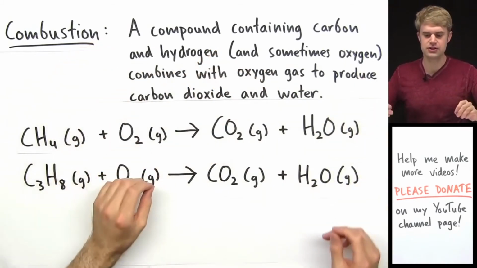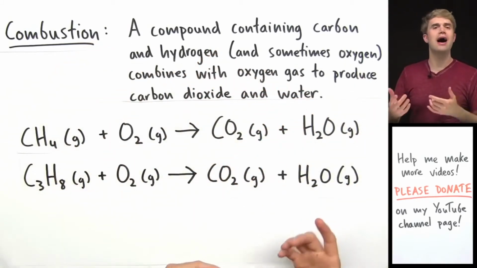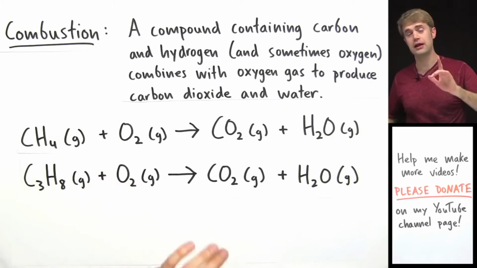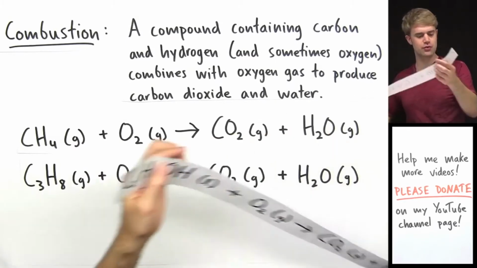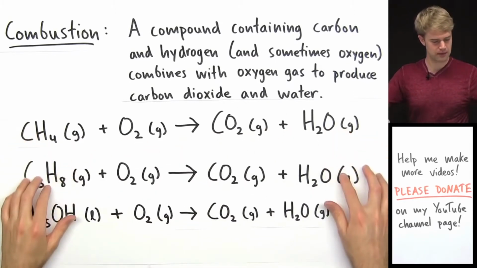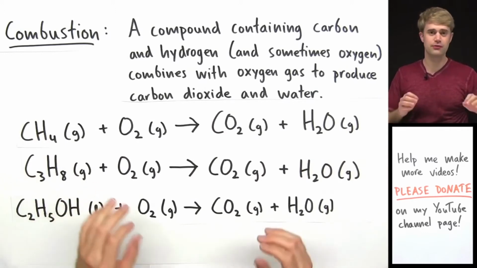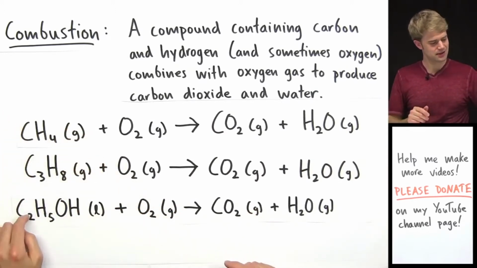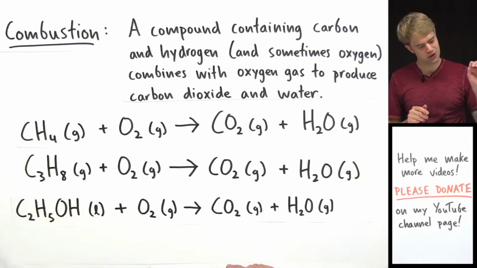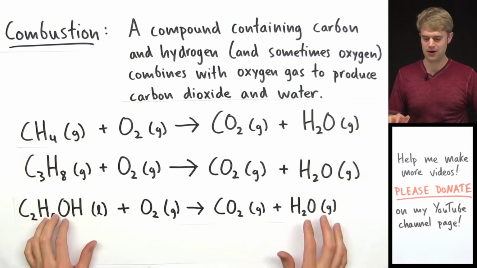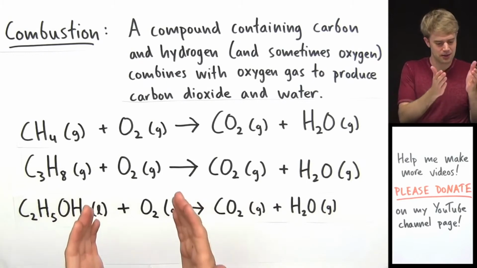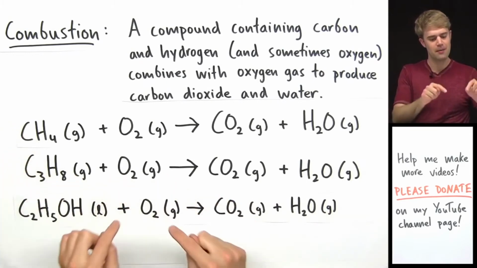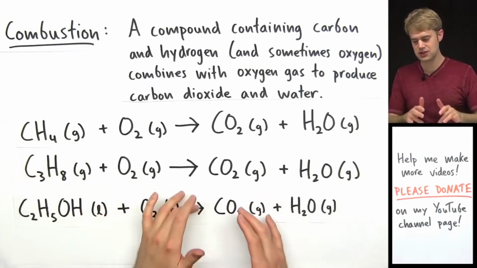Now, as this definition says, sometimes we have oxygen in the compound that we're burning. Here is one example of a combustion reaction that has oxygen in it. This is the chemical formula for ethanol or ethyl alcohol, and you can see that just like these, it has lots of carbons and hydrogens, except it also has oxygen as well. But that's no big deal because it combusts just like the other two by combining with oxygen and making CO2